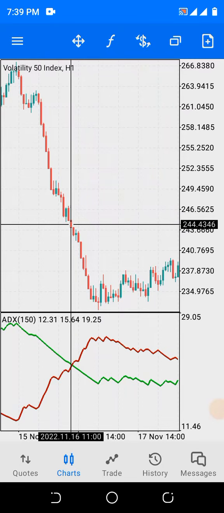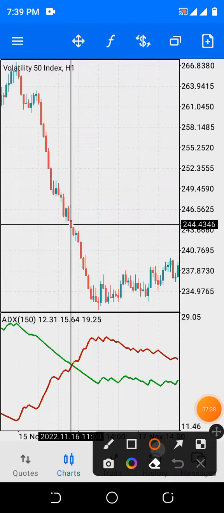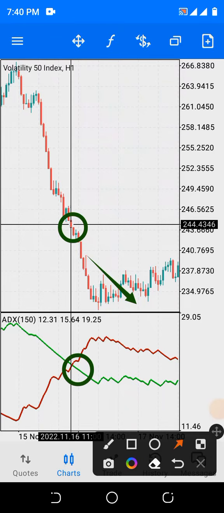At that point of crossing is where you need to make your sell entry. Do you understand? So there is our sell entry point. We make our sell entry here, and this is excess profit, as you can see.